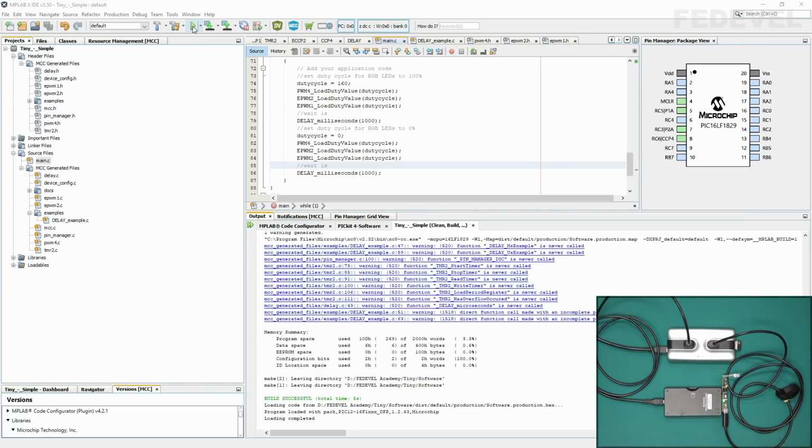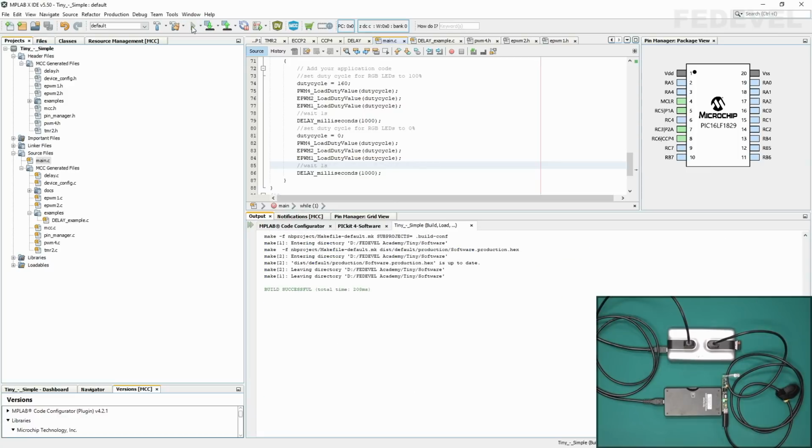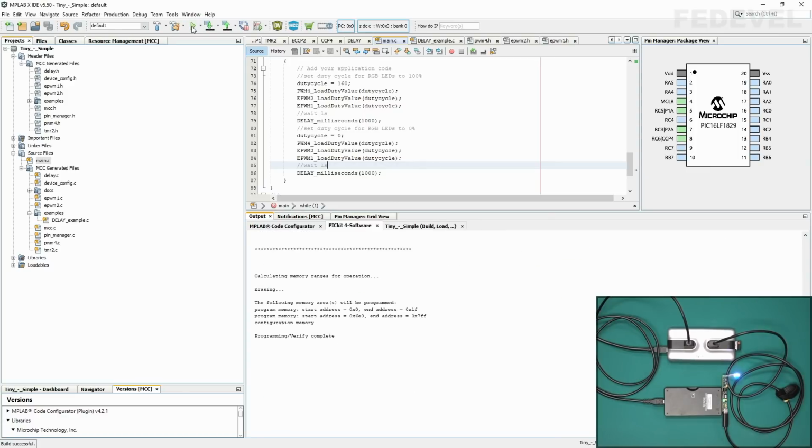Fingers crossed. Let's see what is going to happen. I'm going to press this triangle, left click. Yes, it's working. If your board is working, then well done. Fantastic job.